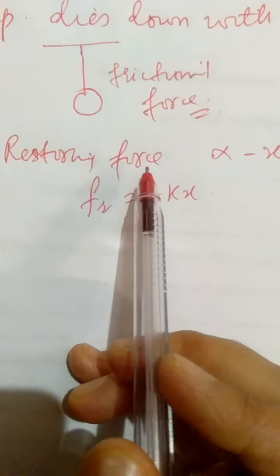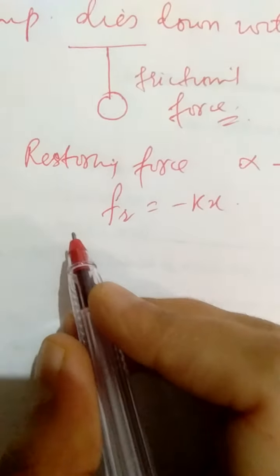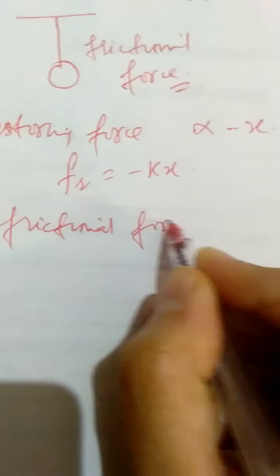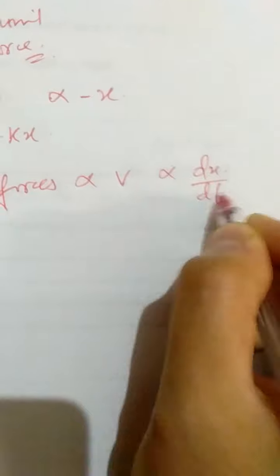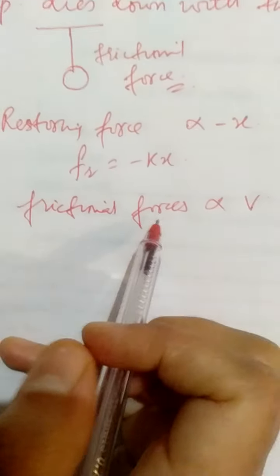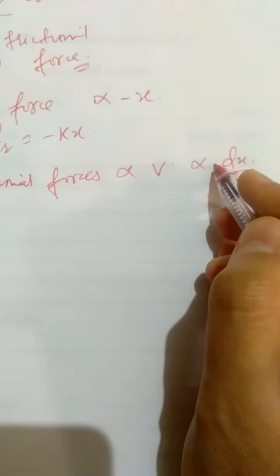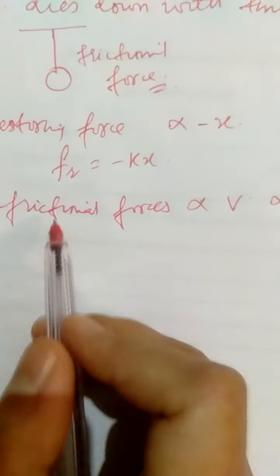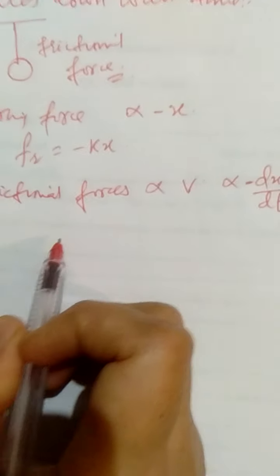Now there is another resistive force, that is the frictional force due to air, and you should remember that all frictional forces are proportional to velocity, that is, they are proportional to dx by dt. And because frictional forces or resistive forces also oppose the motion, therefore we also give them a negative sign. We know that restoring forces oppose the motion of the pendulum, and so do the frictional forces. That is why we assign this negative sign. They act opposite to the direction of increasing displacement, right?